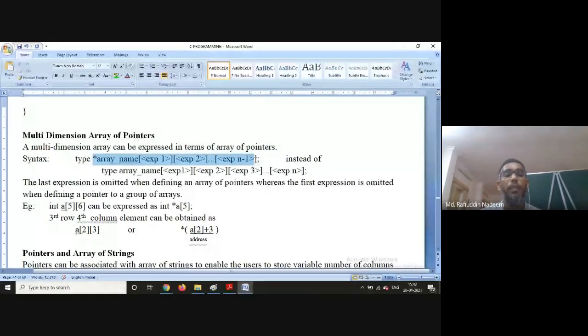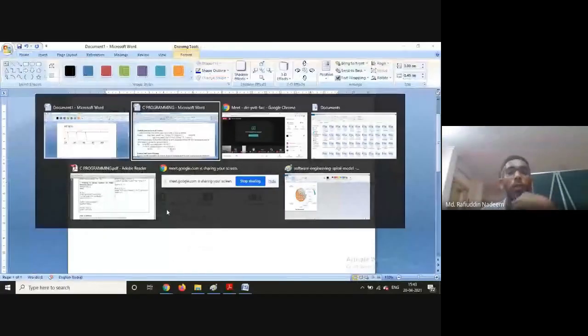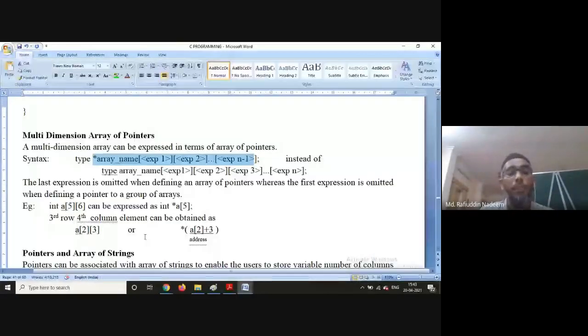The last expression is omitted when writing an array of pointers, whereas the first expression is omitted when defining a pointer to a group of arrays. For example, if I want to declare int a of 5, 6, it is now written as only int star a of 5. So how is the 6 given? Again, it is given dynamically.